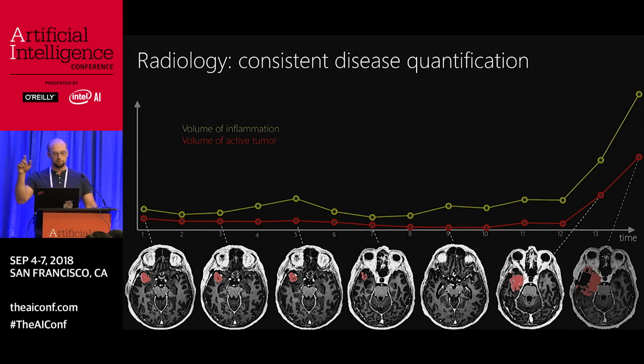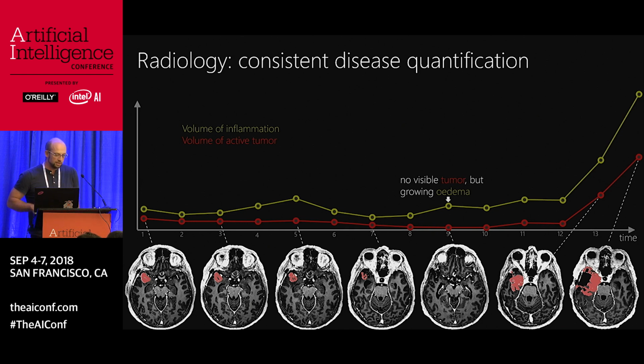In radiology, remember the tracking of the tumor size over time? We can easily auto-segment every image that comes into the clinical image storage system and produce accurate volumetric measurements, maybe have a radiologist check it and correct it if it's not right. But now we're giving a very powerful tool to radiologists, a tool that allows them to measure in a very consistent way the change of the